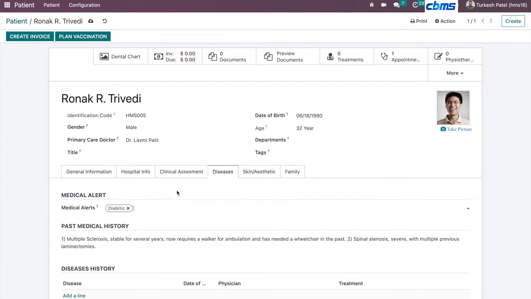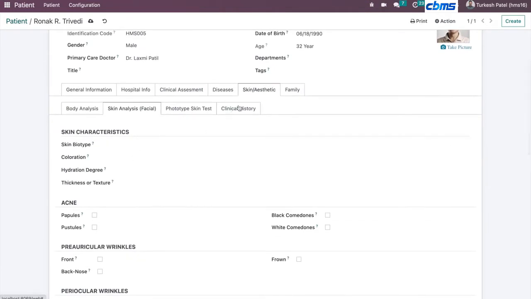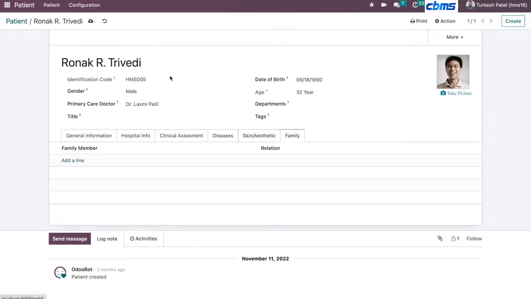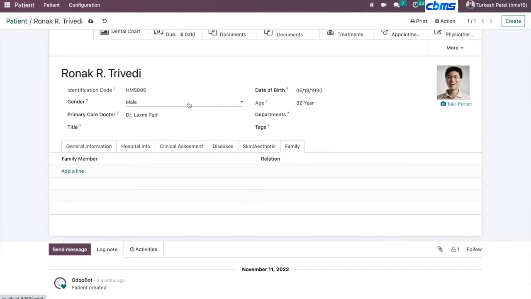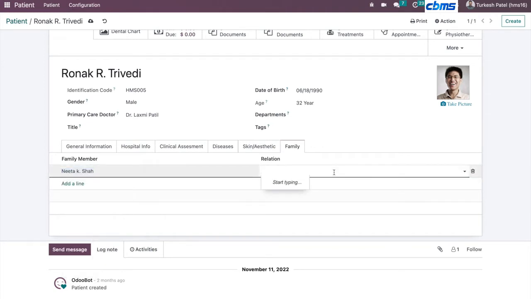Then we will have some other specialty related tabs also, like gynecology, aesthetic also. These are specifically information related to the aesthetic. We are not going in depth for that. Then we have another last tab, where we can enter the basic details about the family members. So if we have multiple patients registered from the same family, then we can link them together over here with the relation, and with that it will be very easy for them. Like if there is a mother-child relation between Ronak and Nita Kesha,